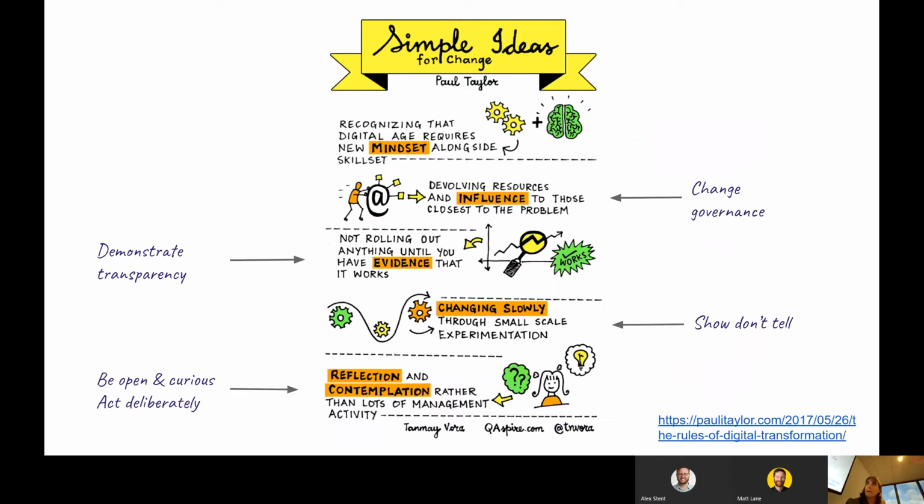So in summary, I really like this one, and this again was from Paul. Digital transformation requires organisations to recognise the need to change mindsets, skill sets and tool sets, change the way we govern by devolving influence to those closest to the problem and the potential solution, make evidence-based decisions, demonstrate and expect transparency of decision making, change slowly, experiment and learn by doing, and gather support through showing and not telling, demonstrate the opportunity through